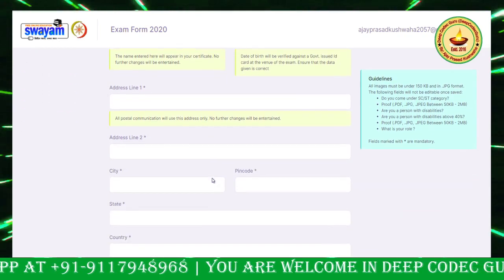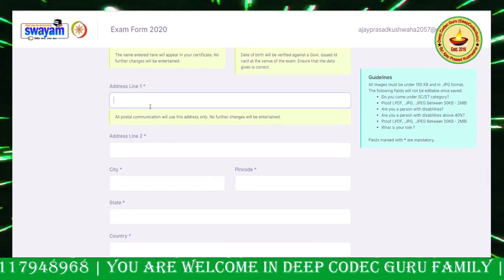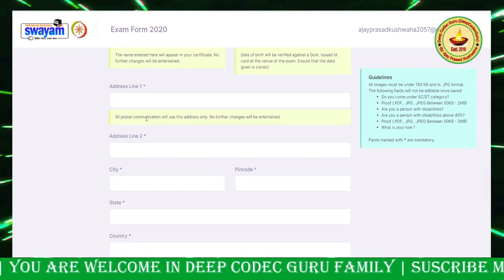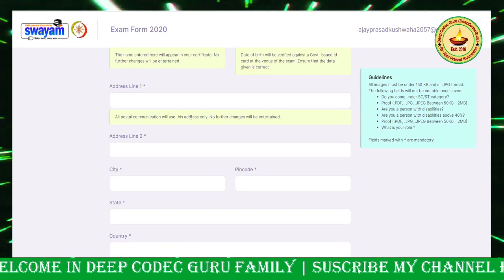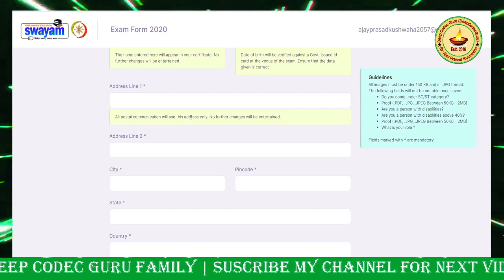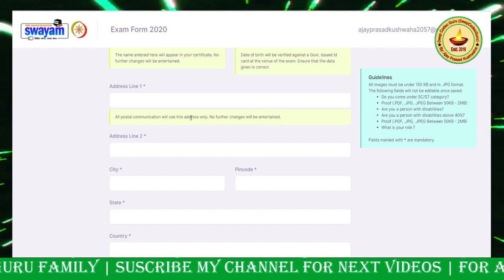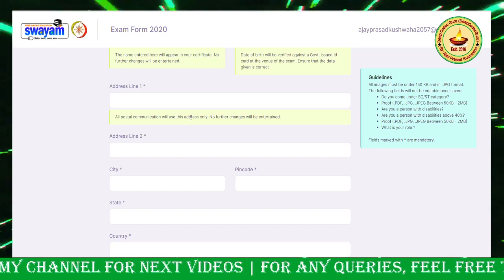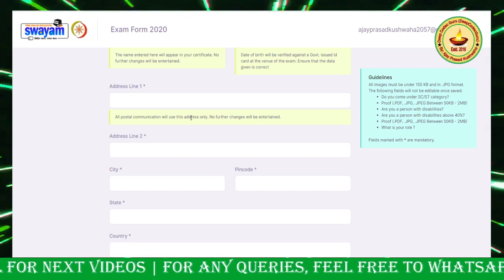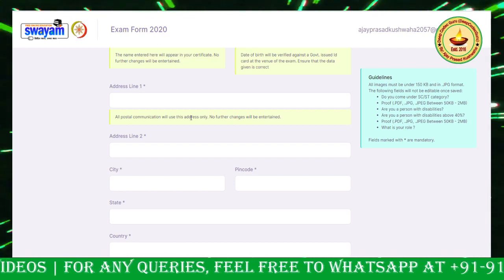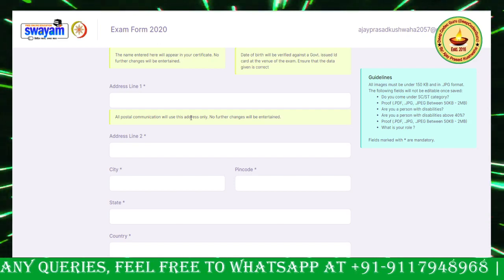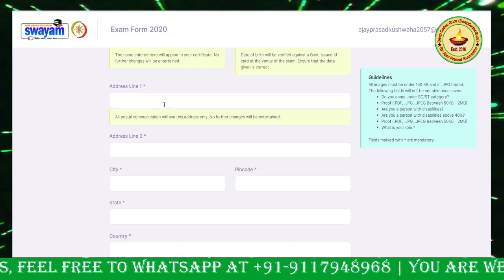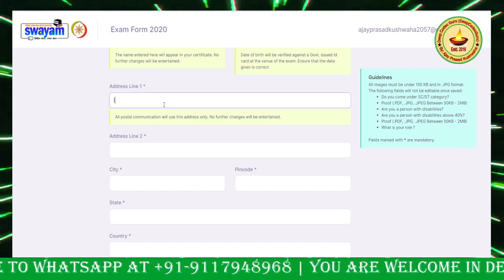Okay guys, and your address, so you can see here all postal communication will be sent using this address. No further changes will be entertained. Even NPTEL is not doing any type of postal things like certificates. They are not providing any more hard copy certificates. So you need not worry, but you provide your exact location. Okay.